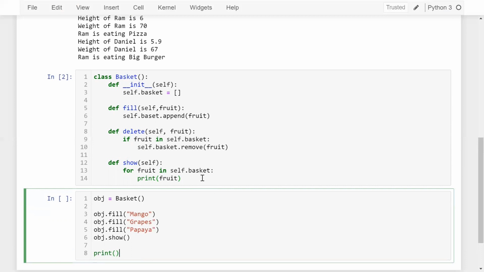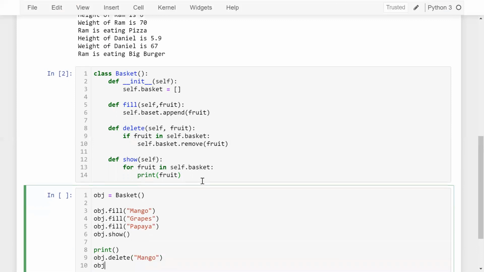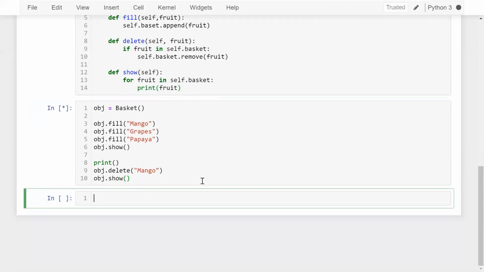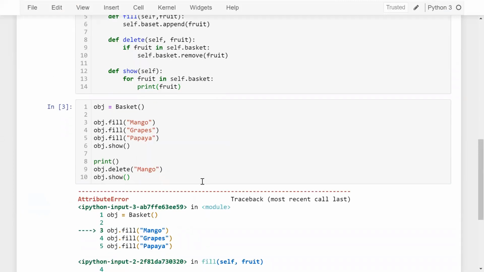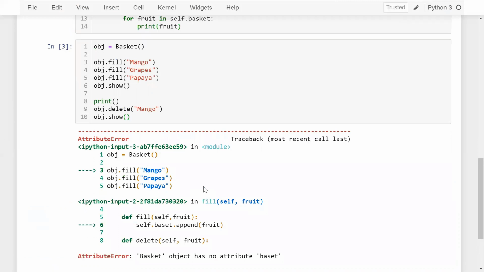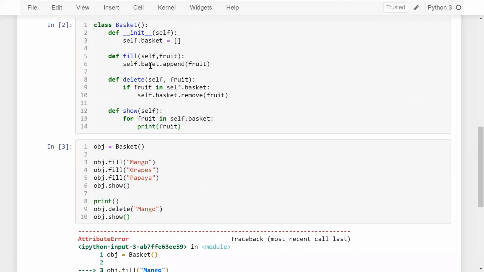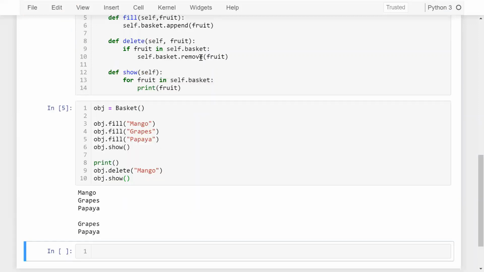Let's say print, I'm going to provide a blank line. Object.delete, I want to delete mango. Now object.show. So you can see that.